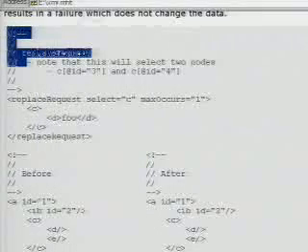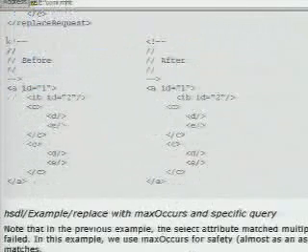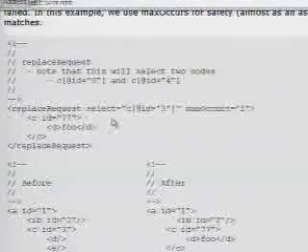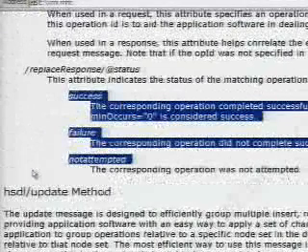Same thing occurs here with max occurs, another example with replace. So I say I want to select C again with max occurs 1, which means there better only be one of these. And so what ends up happening is nothing, because we had 2 C nodes, and you said there better only be 1, so nothing happened. We're going to return you back nothing. So those are the basic primitives. With replace, you get the same kind of error codes come back: success, failure, not attempted.